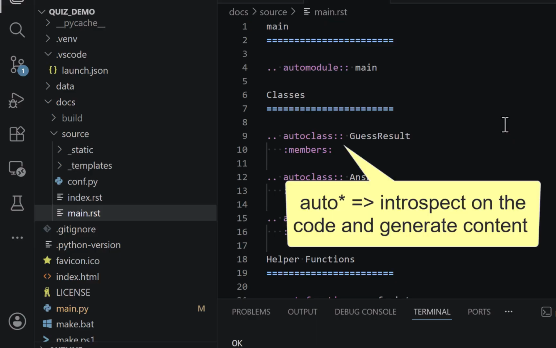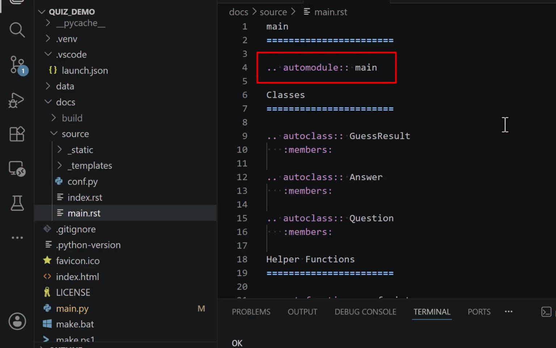And the things that start with auto are the things that are part of the introspection, or you may call it reflection if you're more comfortable with that. So the directive automodule main says, I want you to go reflect on the module main and put all of the gubbinses in. Autoclass says, I want you to reflect on the class and put the gubbinses in with an